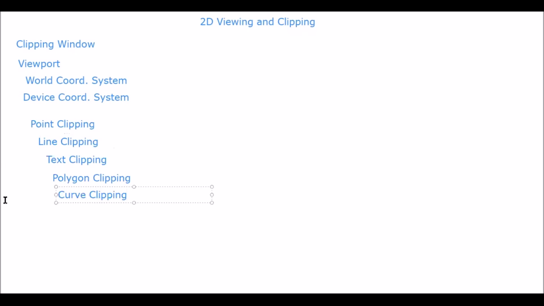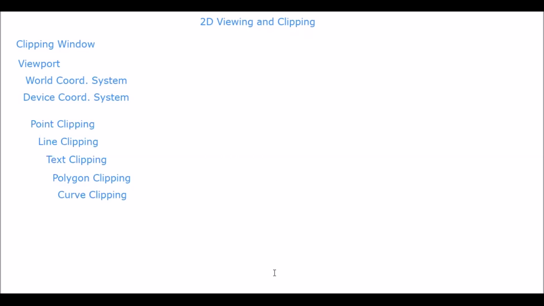So these are some of the primary types of basic clipping. So today we are going to talk about point clipping and line clipping and text clipping. These three clipping types will be discussed today.